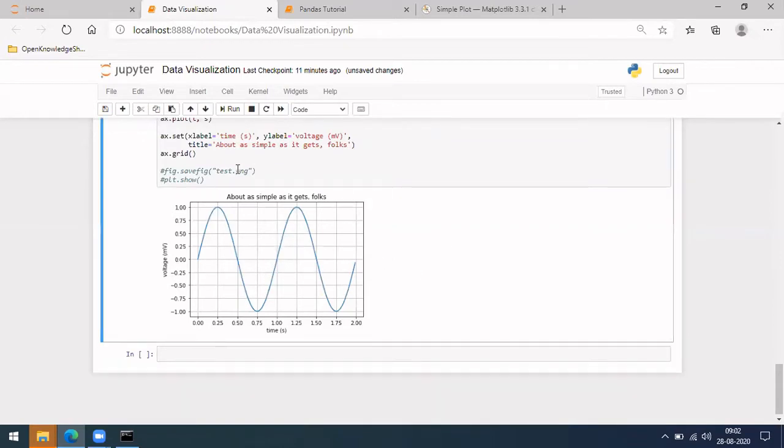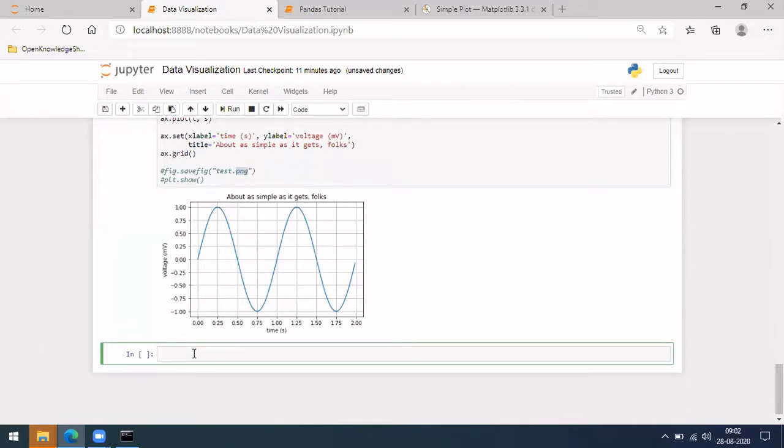In case you want to save that figure, you can do fig dot savefig, give the path you want, and even the type, png or jpg, and it will be saved in that format. Let me do that here.